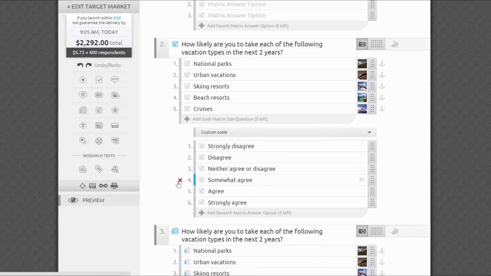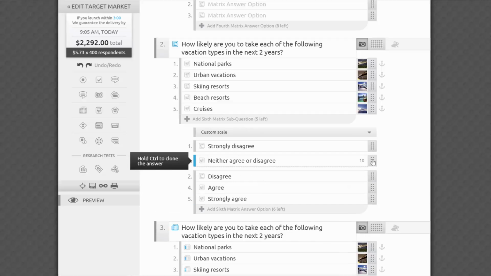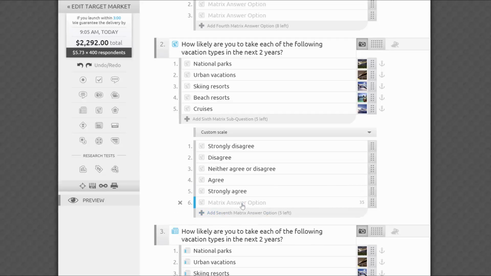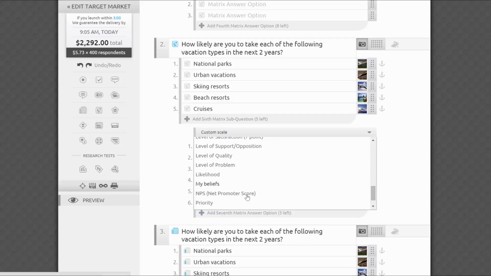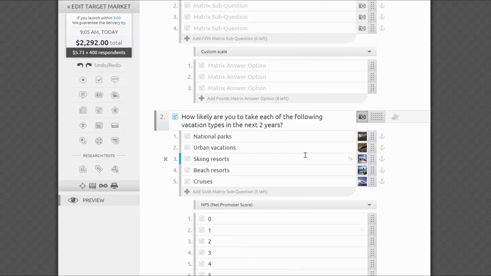Use our library of commonly used and carefully structured Likert scales, or come up with your own. You can also select a Likert scale from the library and then edit it to fit your specific needs, add or remove stops, or even rewrite them. You can use up to 11 stops on the scale, which accommodate such popular use cases as NPS, or Net